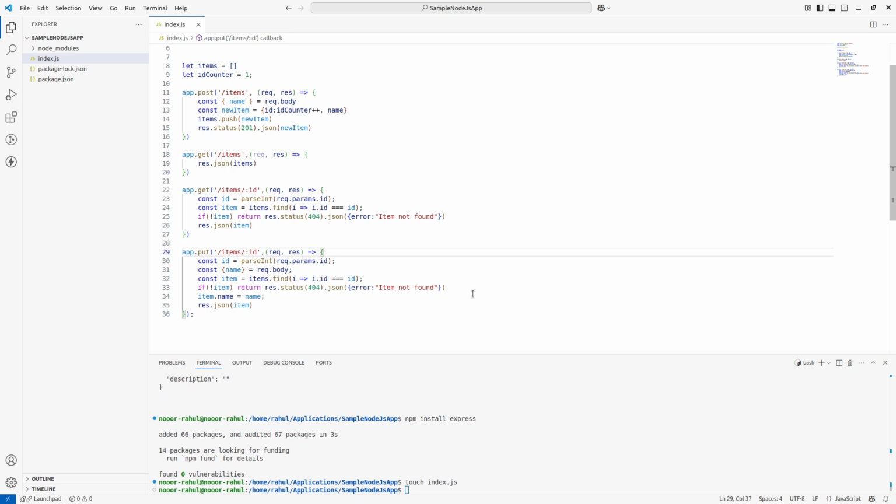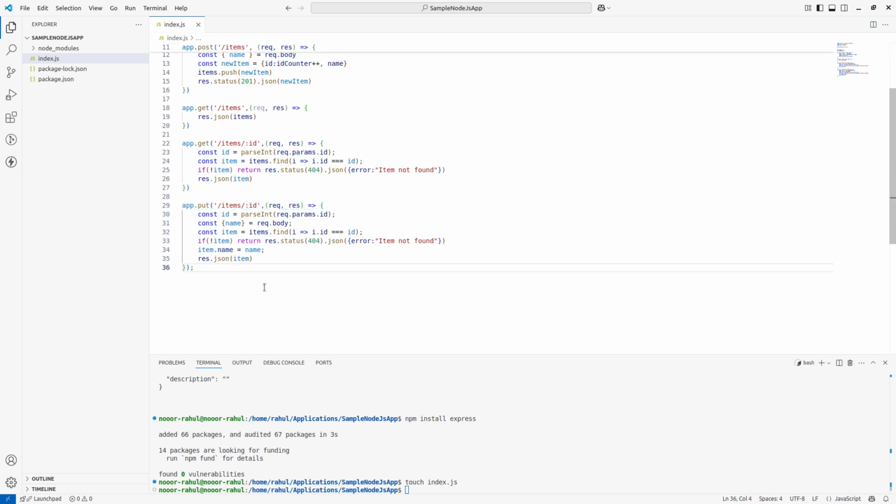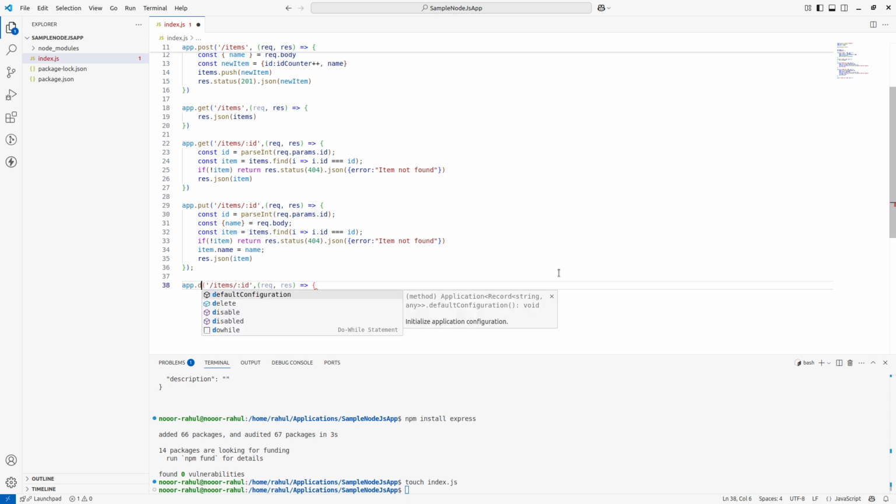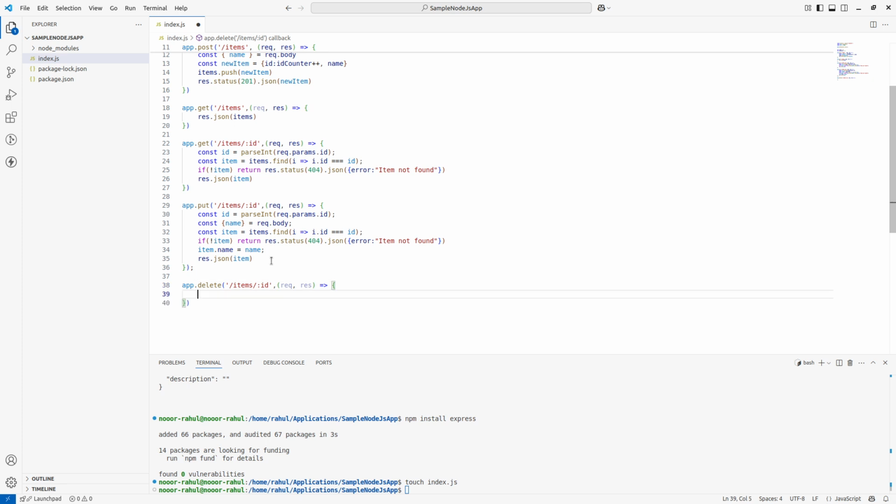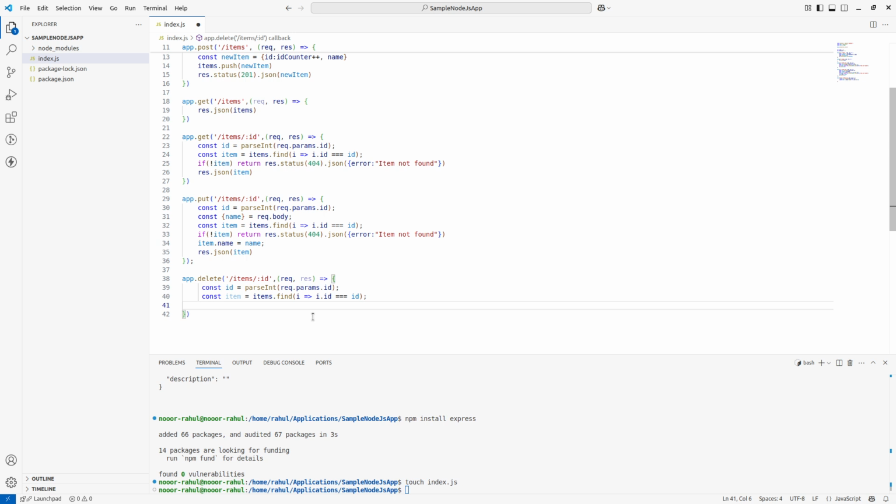Now we'll have the remaining APIs. Delete API. How to create the delete API? The same way, instead of put, delete will be there. Delete also works based on ID, because whatever item we want to delete, we have to pass that item ID. So the same way this line will be there, we need it here. Now we have to find the item based on ID. Our logic is this way. As soon as we find it, we just need to